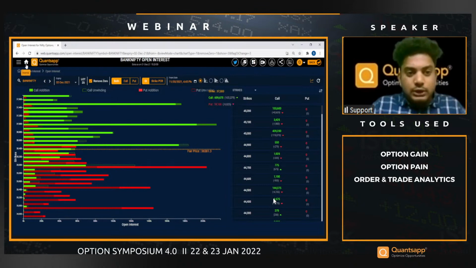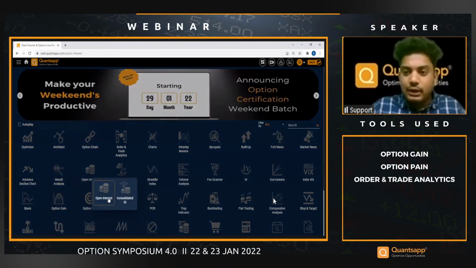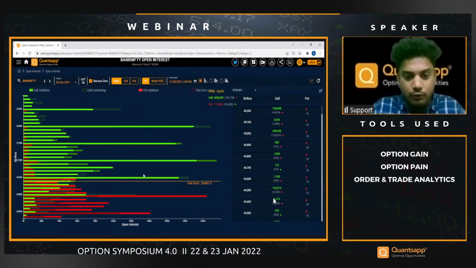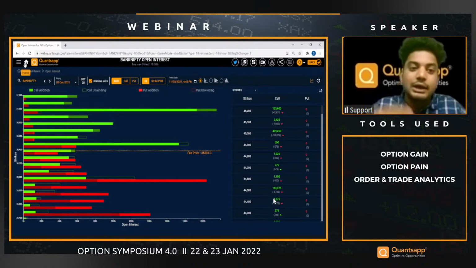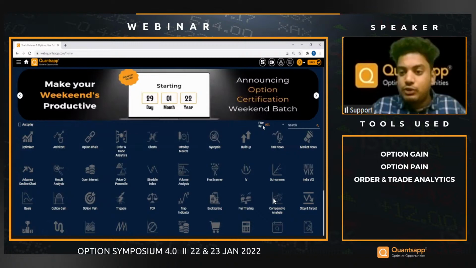Now moving forward, what we need to do to gauge the expiries better is, let's say you have a moderately bullish view in terms of Bank Nifty. And the moment you see tomorrow that there is a lot of short covering happening on the call side and addition on the put side, it is an indication of something positive about to happen in Bank Nifty. So the participant sentiments are shifting towards the positive side. Now gauging the expiry is much better.